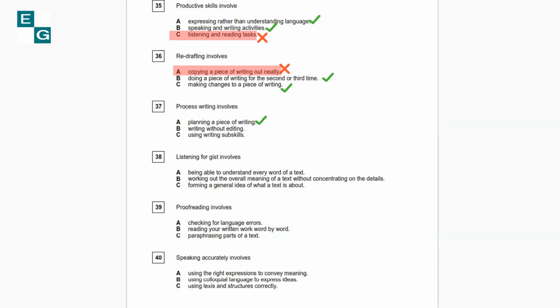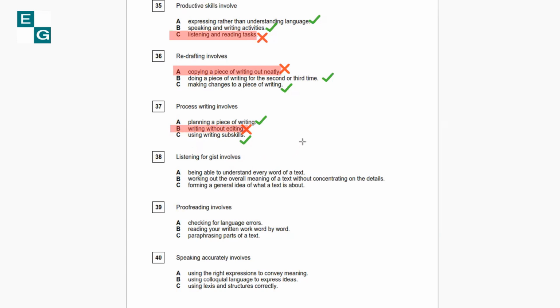Writing without editing. If we are talking about the process of writing, it involves editing. So you do have to edit. And it says writing without editing. Because using the writing soft skills is also used. It means you have to go through all the steps in the writing process. So if I say that the process of writing involves writing without editing, it would be what I'm looking for. The one that does not get involved in the process.